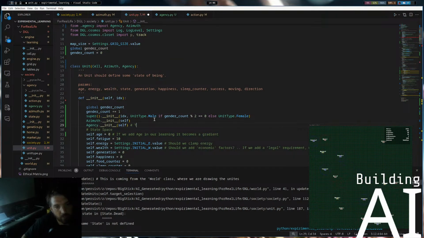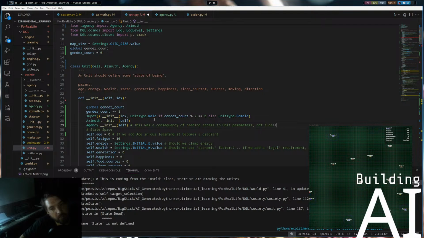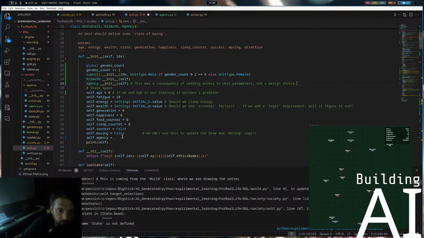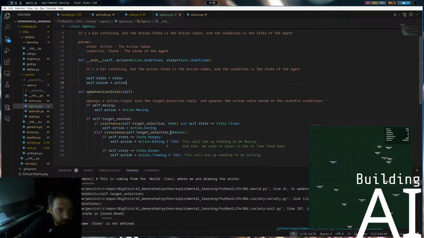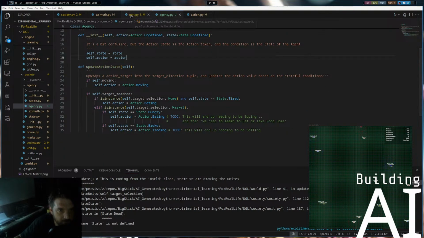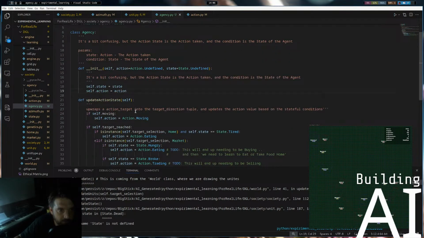So this was a consequence of needing access to unit parameters. Not a design choice. We will leave that. And then now, so agency having state and action should work other places too. I wanted these to be members, but